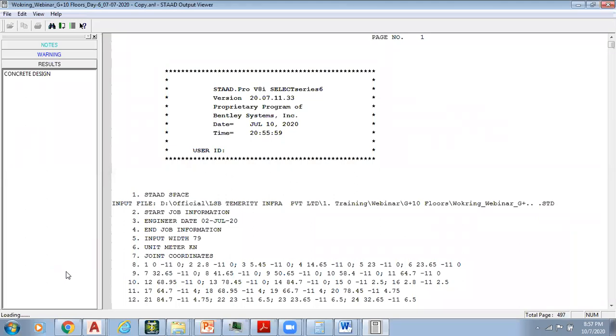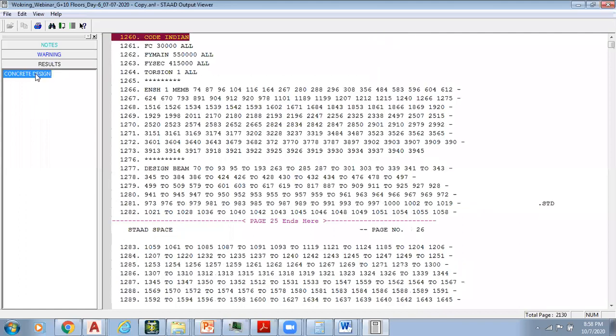Let it load. Yes, done. So I have to now click on this concrete design.